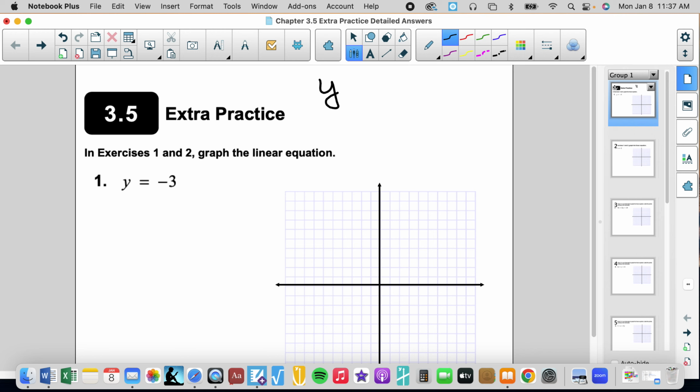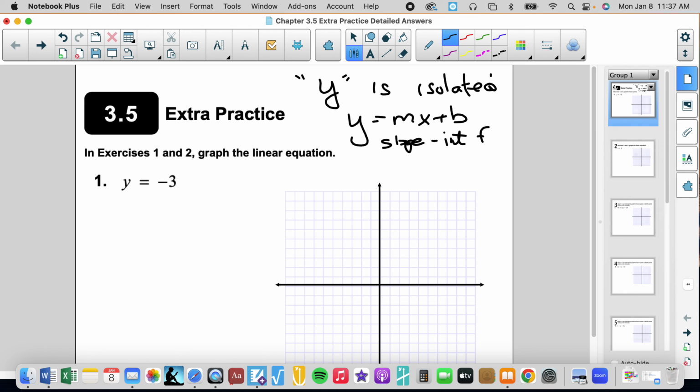This is the extra practice for section 3.5. It says in exercises 1 and 2 graph the linear equation. One of the things that we should know is, first we notice that the equation is isolated for y. When it's isolated for y, we know that it's in y equals mx plus b form,